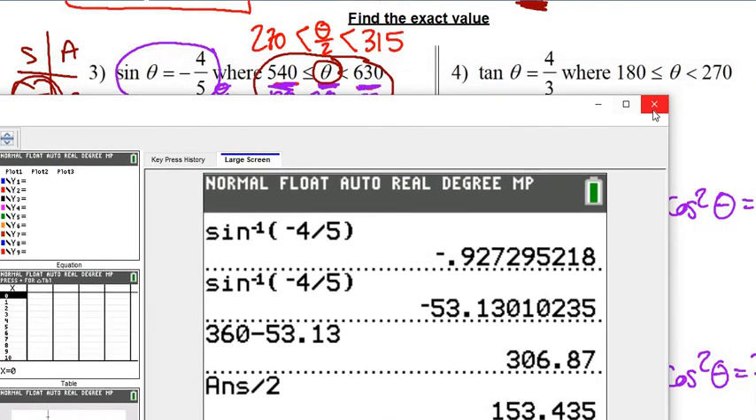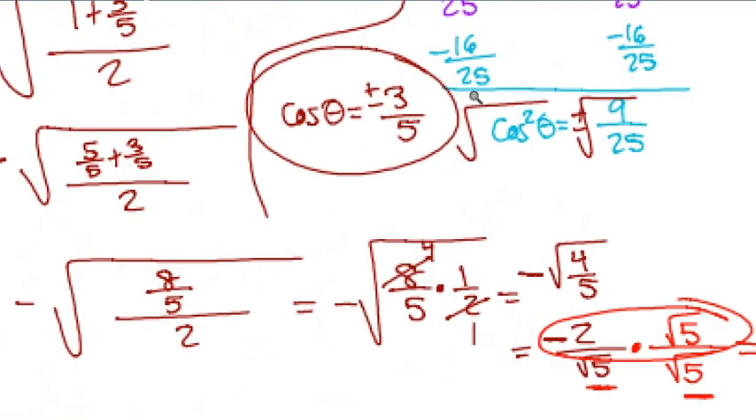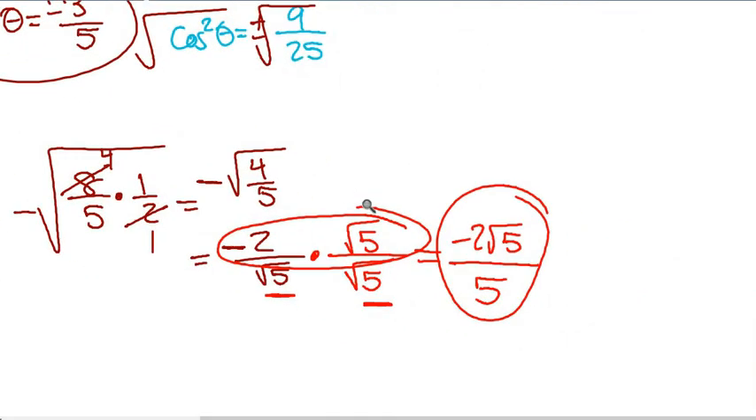So how does that tie into our answer? Well, if you look at what our actual answer was to this question right here, we ended up getting negative 2 root 5 over 5. So if you put that in a calculator, which I am doing off screen, but it turns out to be,